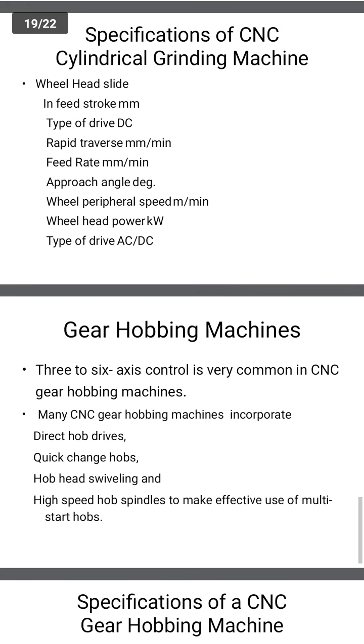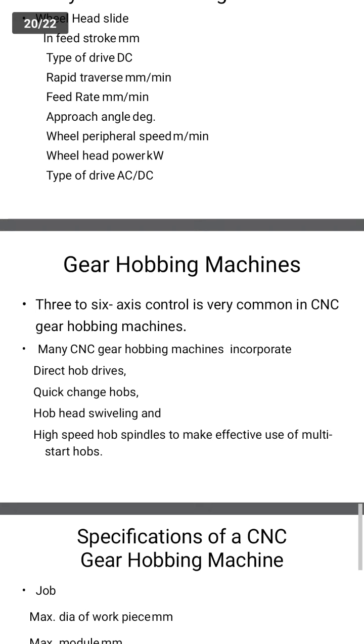Next, what is a gear hobbing machine? What is gear hobbing? Gear hobbing uses a rotating multiple tooth cutting tool, called a hob, for generating teeth on spur gears. The cutting tool is fixed in a rotating movement so that the hob can generate teeth on gears. Most gears are cut by hobbing.